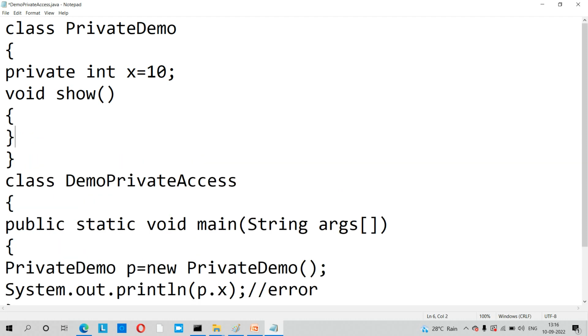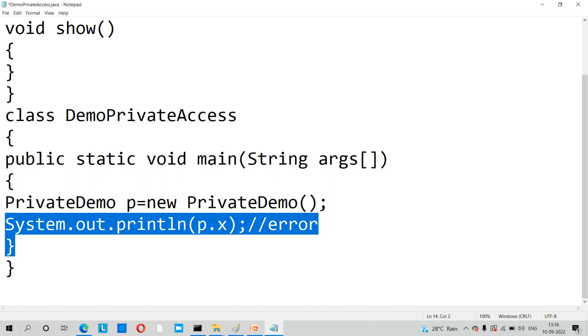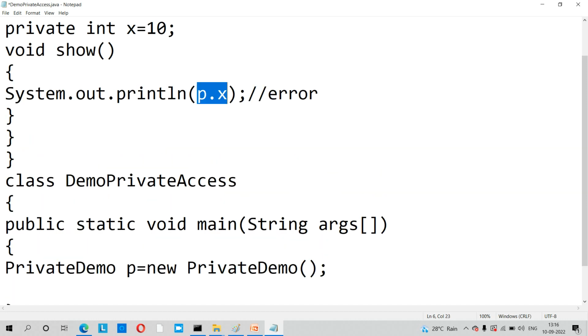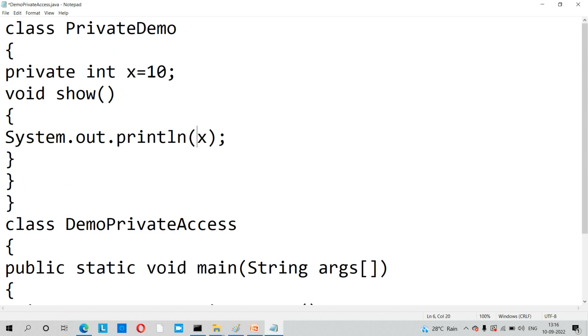So instead of putting it here, there is no need of an object also. If you want, you may directly print it with System.out without an object. How can I pass it, madam? Yes, it is in the current class only, so directly in the current class's show method, x belongs to the PrivateDemo class. You can directly print it. Actually, how will it be converted